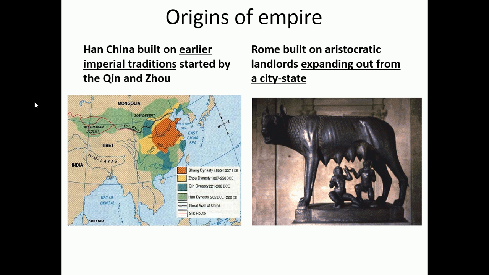But Rome really built on its own foundations, whereas the Han Chinese built on the sort of precedent set by first the Shang Dynasty, then the Zhou Dynasty, and finally the Qin dynasty, which was the first dynasty to really fully unify China. And that dynasty unified China right after the warring states period that we've already talked about. And quickly that dynasty collapsed, and the Han Dynasty built on top of its foundations. So there were a lot of cultural characteristics and government characteristics that will continue into the Han period that were already present during the Shang, Zhou and Qin dynasties.